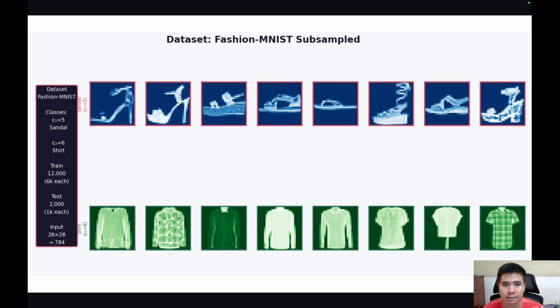Fashion MNIST is a standard benchmark dataset containing 70,000 grayscale images of size 28 by 28 spread across 10 clothing categories. After filtering, we only keep two classes, sandal and shirt. This gives us 12,000 training samples and 2,000 test samples, perfectly balanced at 6,000 per class in training and 1,000